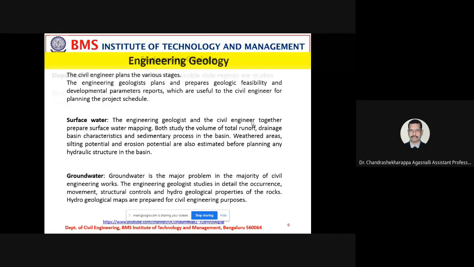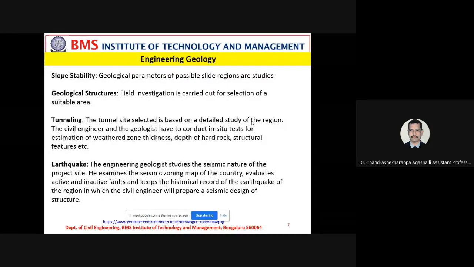Okay, that's the one. And for slope stability and geological parameters, slides are possible. Say, for example, slope stability. Recently, you have seen in Madikeri, in the Western Ghats, there is heavy rain and most of the hills are collapsing, especially at the roadside, not in the interior, where they did road cuttings and human activities are happening. And there are a lot of fractured zones in the rock. That's one thing. If it's a very hard rock, it must be in the very